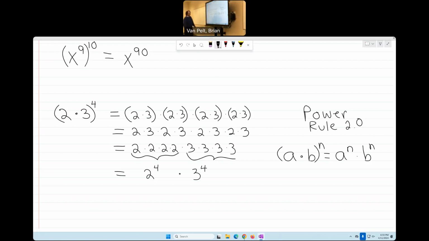So in particular, 2 to the fourth is 16, 3 to the fourth is 81. This would be easier to calculate than trying to do 6 to the fourth, I think. You know what I'm saying? These numbers are small and easy to work with. But 6 to the fourth, I'd have 36 times 36, I don't know if that would be easier or worse. But anyways,